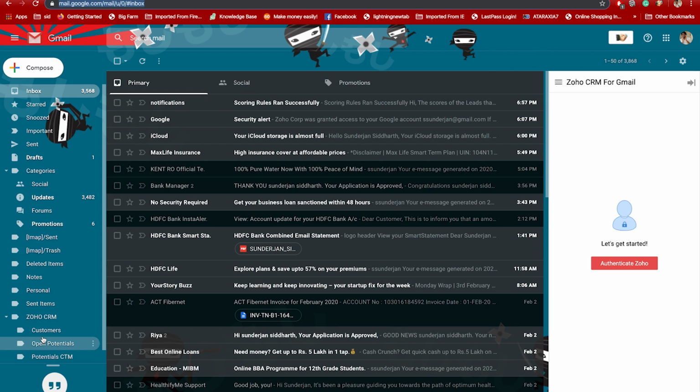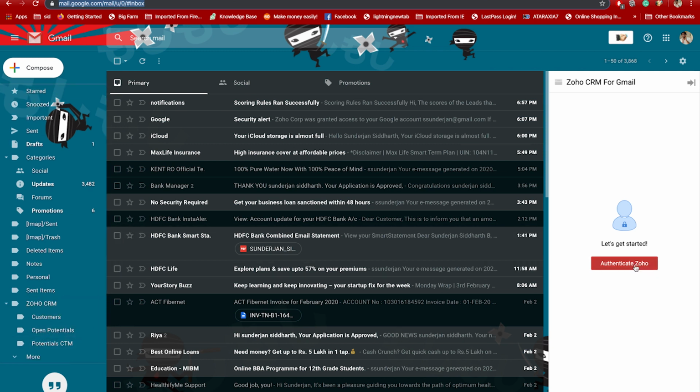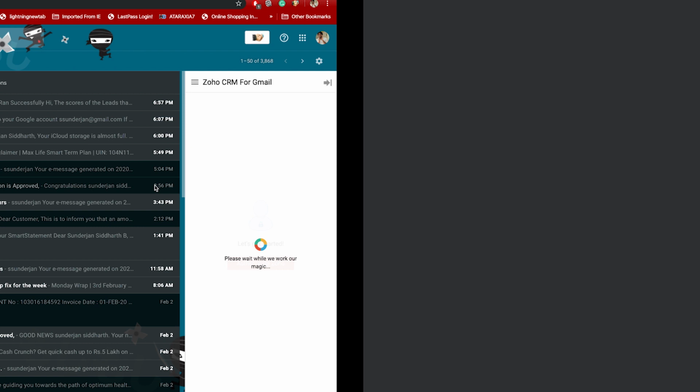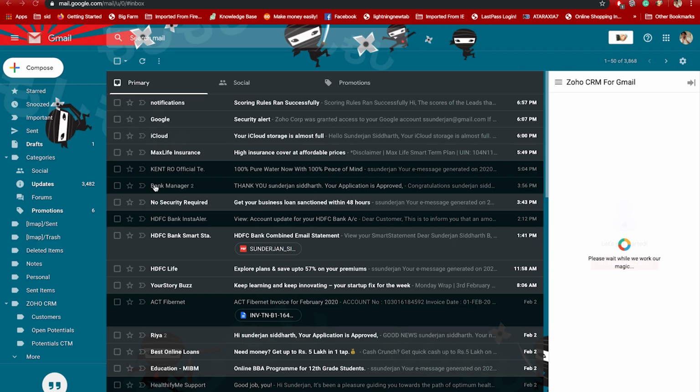So here you can see all your CRM details, your customers, your deals. Authenticate your Zoho CRM, accept, and stuck a bit here. This is going to take a few seconds and we're done. I'm going to just refresh this page.